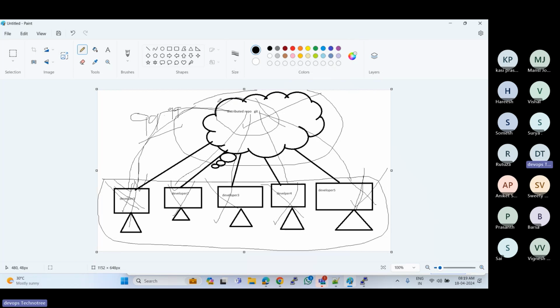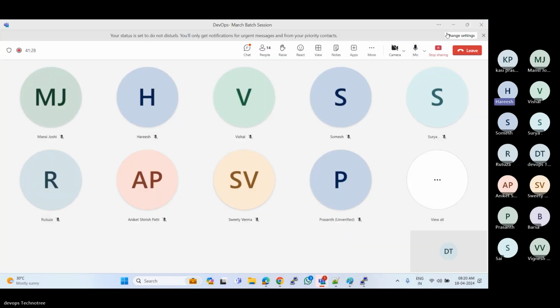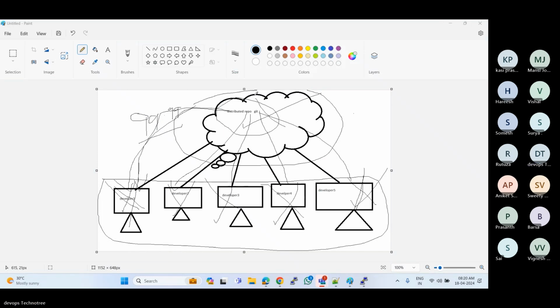So one more point I can stress here. In SVN, what I have told you, whenever you are making changes, make sure you have a good network. You have to be connected to the SVN repository, correct? Yes. So in GitLab,